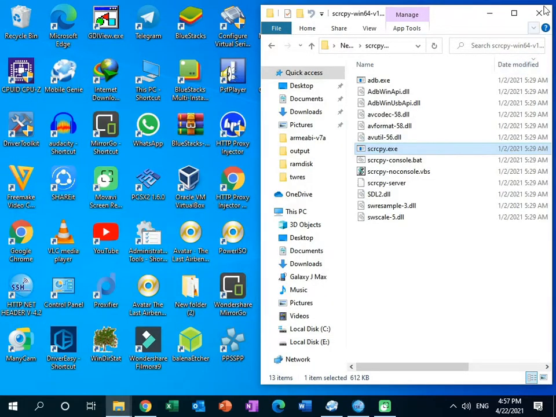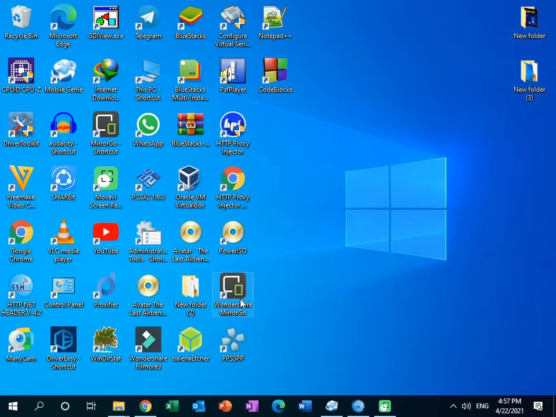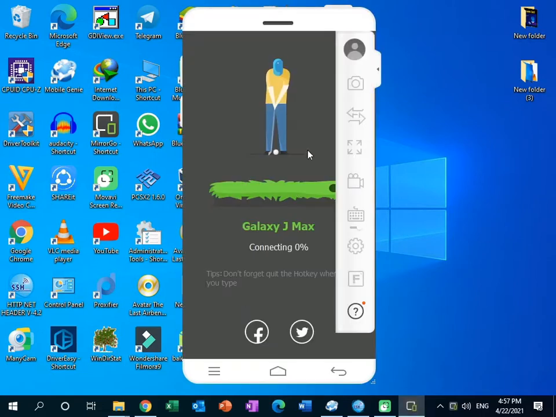And also there is another software called Wondershare MirrorGo. This application is also a good software to get your Android screen to your PC, but this software also needs some additional requirements and needs you to install some applications from the Play Store. You need to install the MirrorGo application from the Play Store to run this application. This application also has some bugs because sometimes it does not connect to your phone.